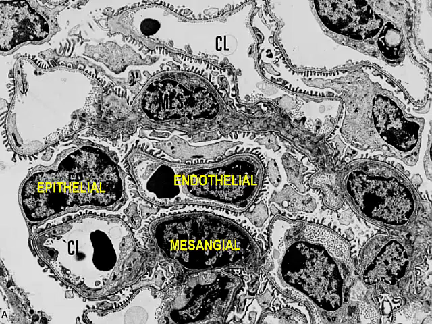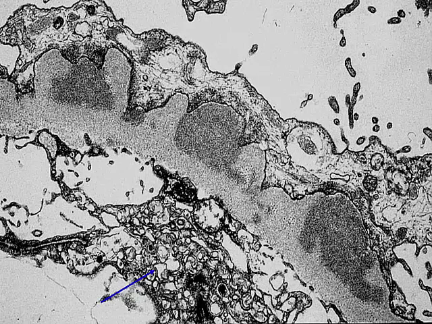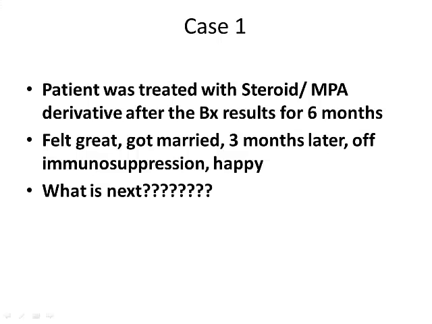What are we going to see in a membranous nephropathy? Yes, subepithelial. So what is subepithelial? This is the basement membrane. So we have, this is the endothelium, this is an endothelial cell, this is the epithelial side, and the deposits are here. These are what we call electron dense deposits. And you can know by looking at this very nice endothelium cell, it's full of fenestrae, that you have absolutely no, or probably no endothelial activation. So you would diagnose this as membranous nephropathy.